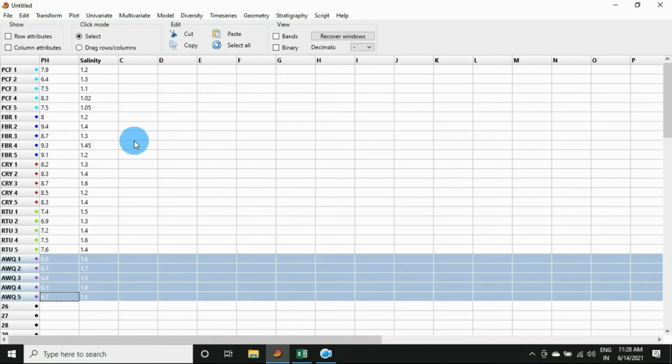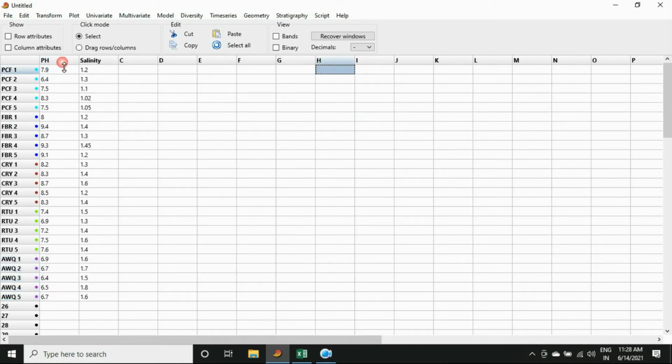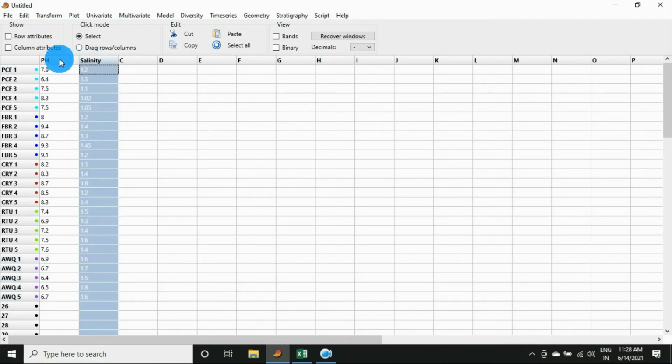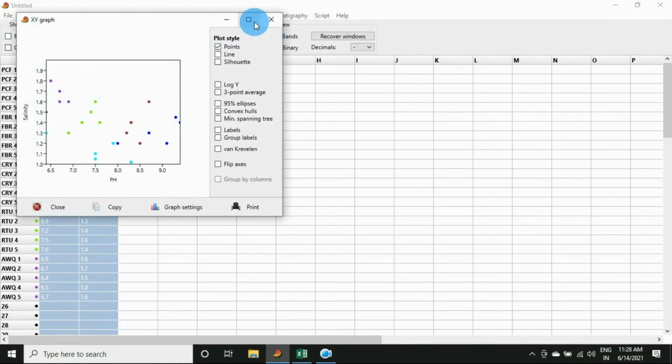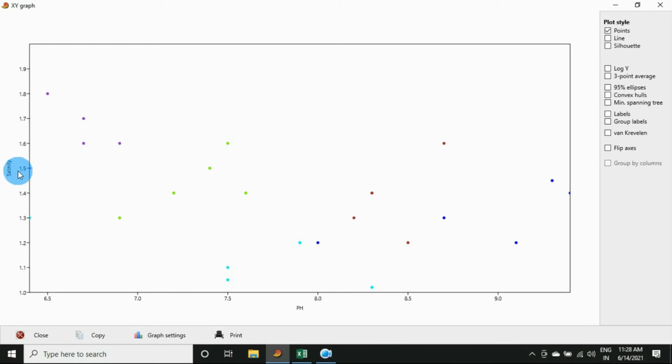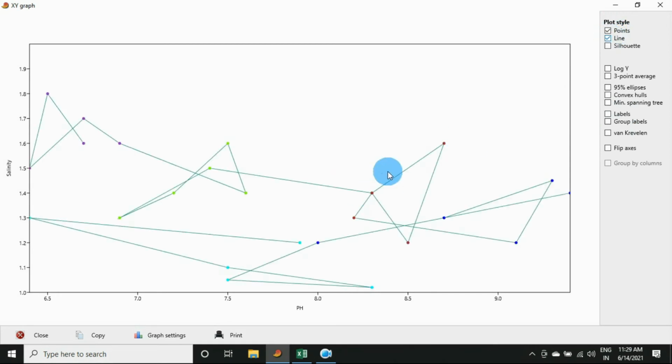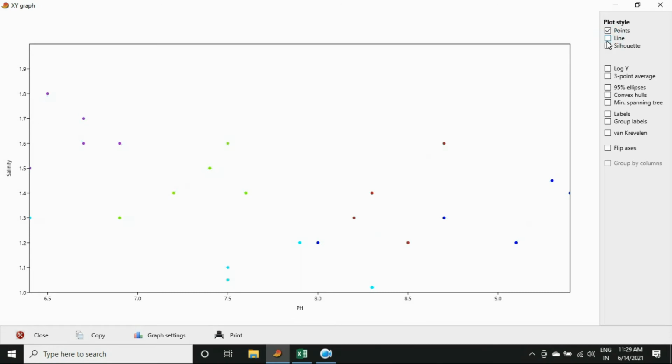Then close. Now select the pH and the salinity. Go to the plot menu, click the XY graph, and open the graph. The salinity is the Y value, the Y axis, and the pH is the X axis. Now the plot style: click the points and the line, the points connected by a line, and another